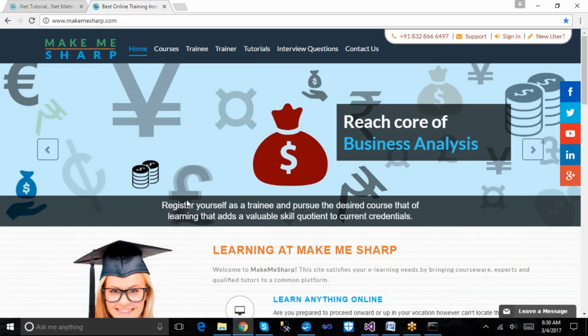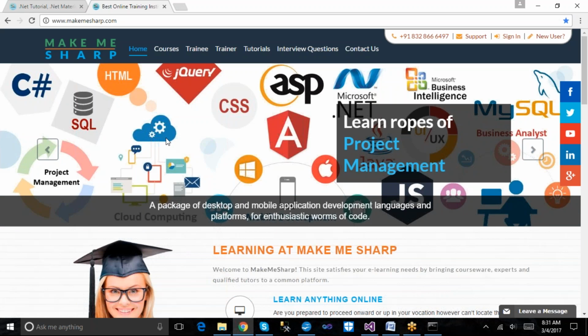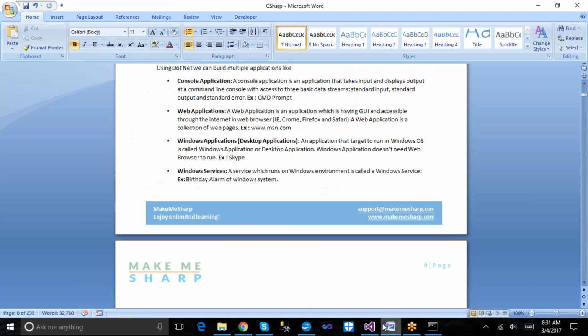So this kind of websites or web applications we can develop with the help of .NET. The second thing we are trying to understand here is that any kind of application which is targeted to run on the web server and can be accessed with the help of a web browser is called a web application or website.